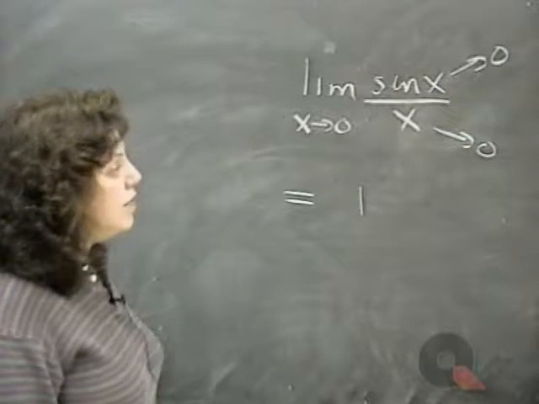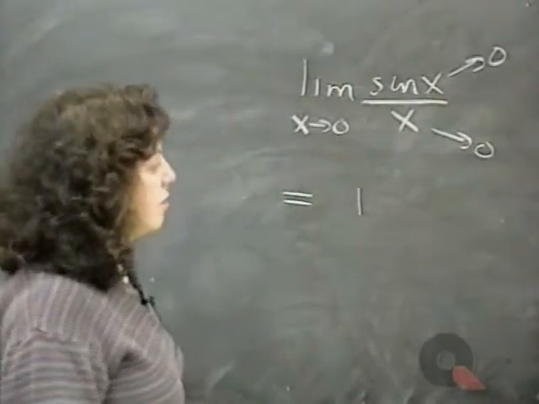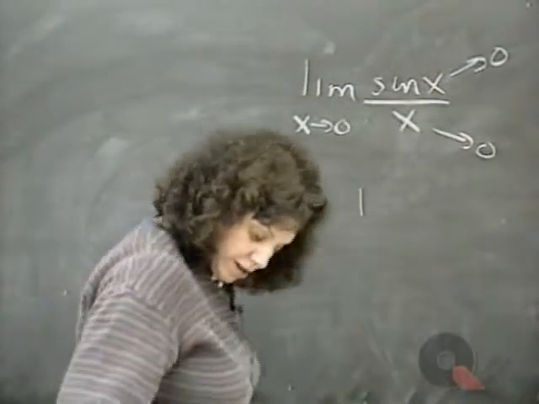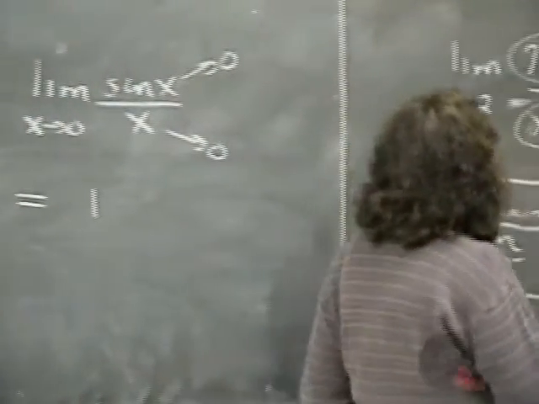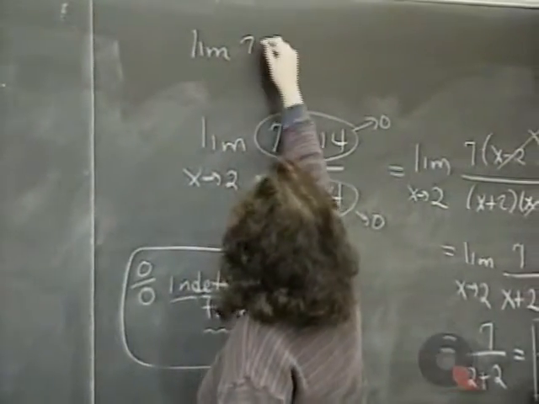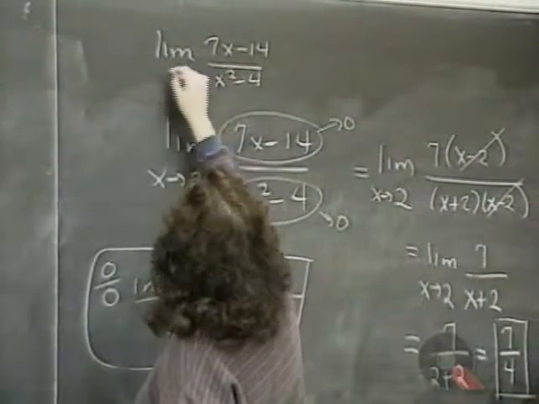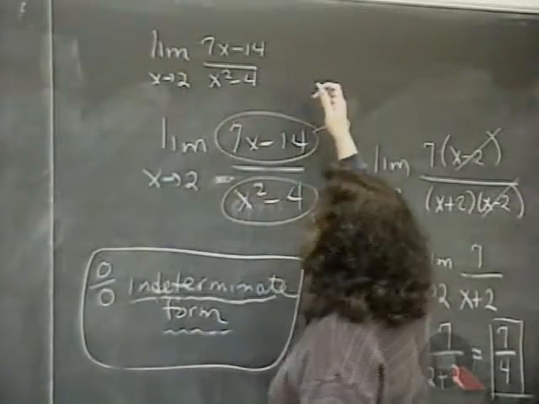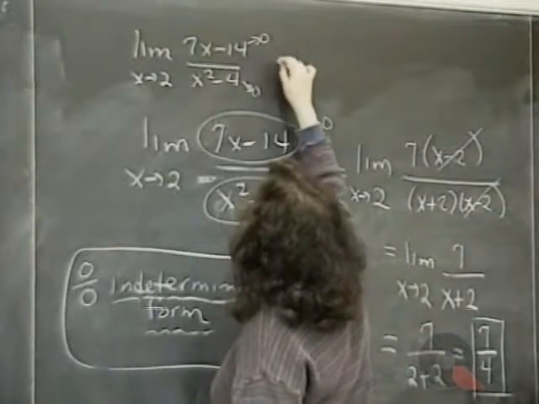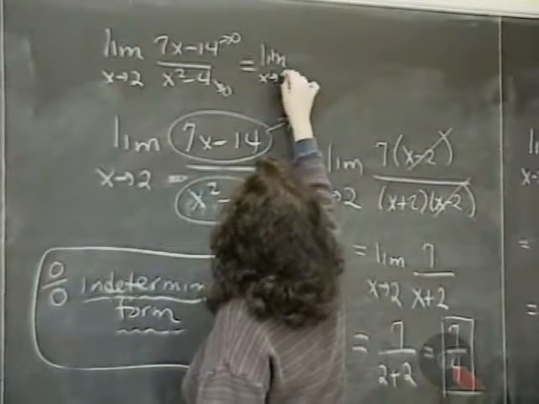Now, fortunately, we do have an easy way for evaluating 0 over 0 indeterminate forms. That is to use something called L'Hopital's theorem. Now, L'Hopital's theorem says that if you are doing a 0 over 0 indeterminate form, for example, in this problem, we wanted to do the limit of 7x minus 14 over x squared minus 4 as x approaches 2. As soon as you've ascertained that both the bottom is going to 0 and the top is going to 0, you may use L'Hopital's rule, which says instead of this limit, you can work out the limit of the following